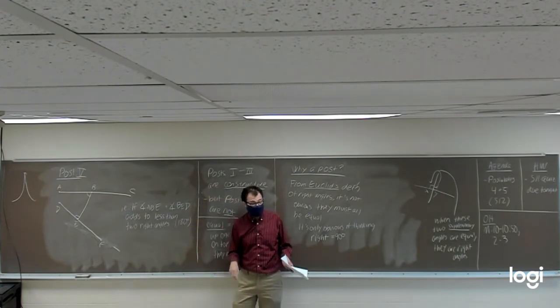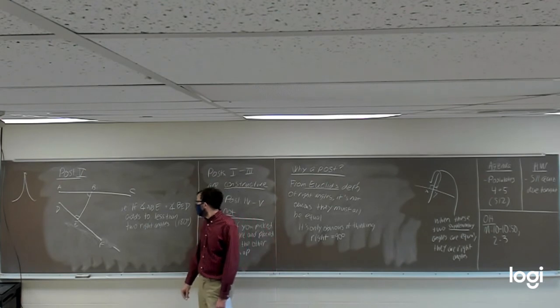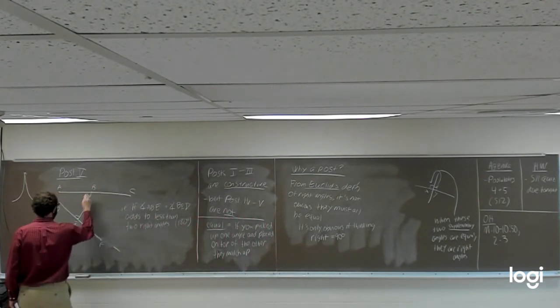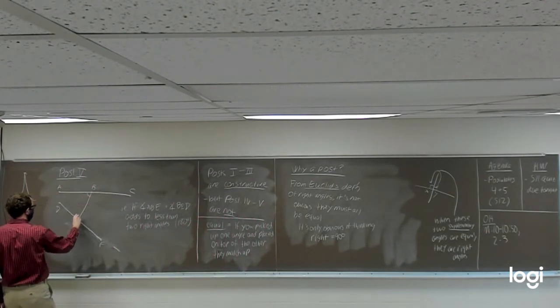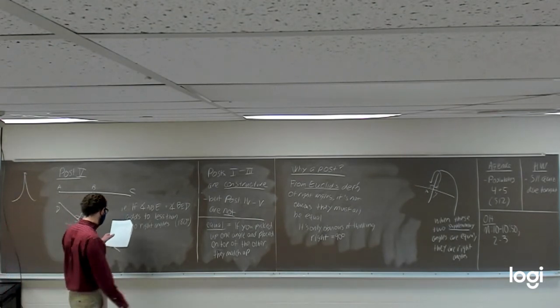But since Euclid didn't have degrees, he just treated it as being 2 right angles. If this angle, ABE, plus this angle, BED, add to less than 2 right angles,